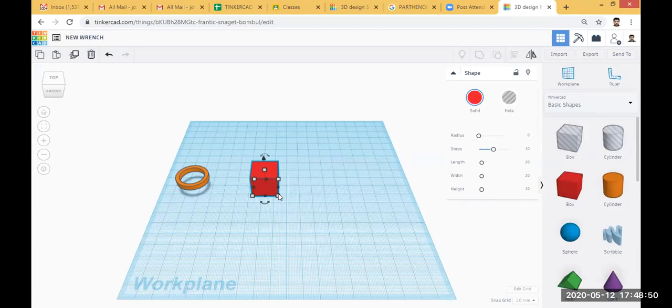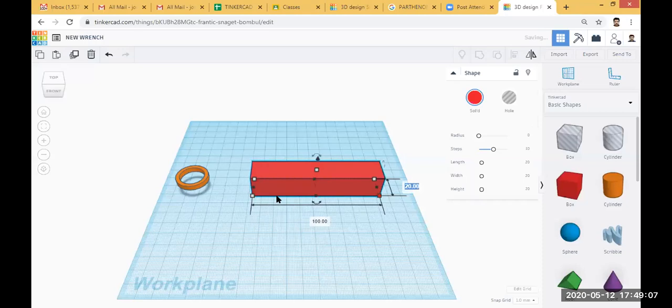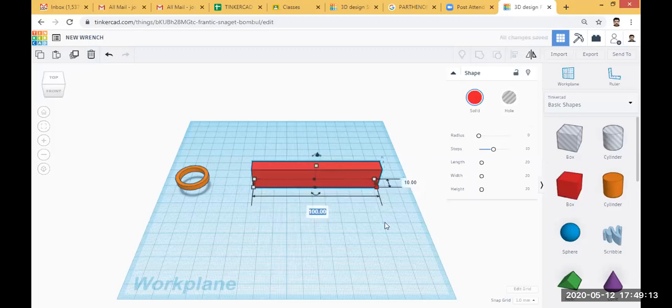Okay, then I will change the length, width and height of this handle. I will change the length as, say, 100 mm. Then I will change the width as 10 mm. Then I will adjust the height as, say, 4 mm.